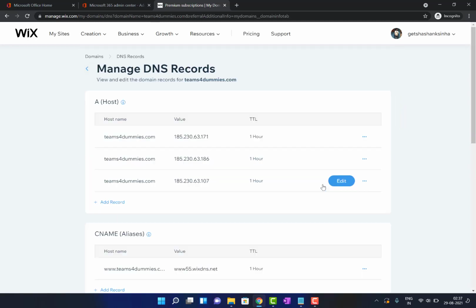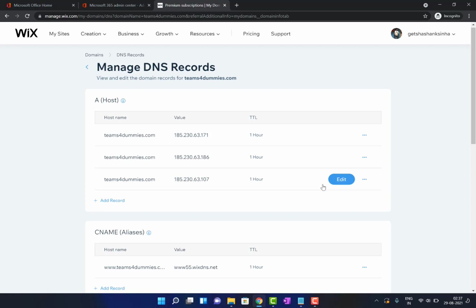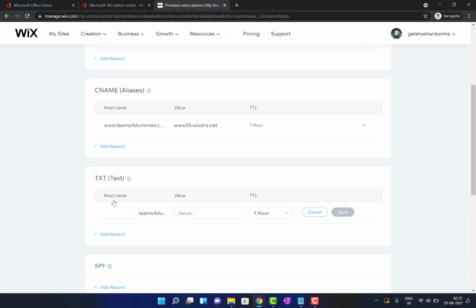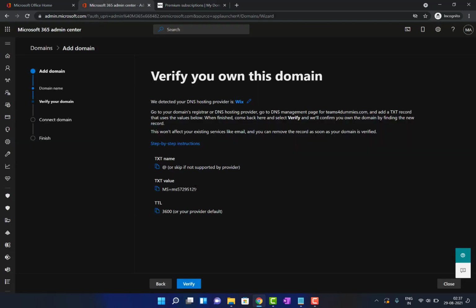Manage DNS records for this domain. And here you can see there's an option to add a TXT record here. I go back to the Microsoft 365 page, copy the value,